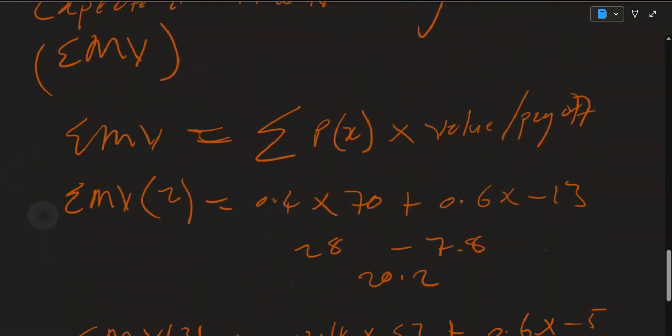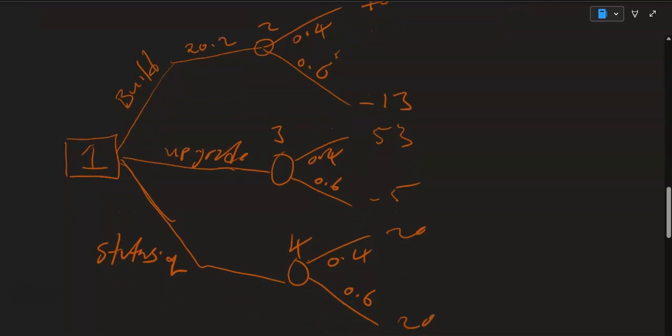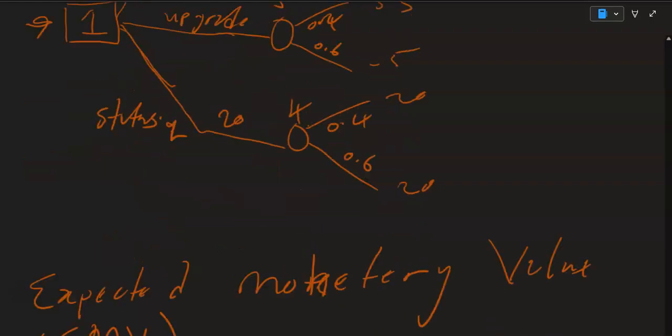So the result that we get, so this is EMV2. So on EMV2 we can write 20.2. On EMV3 we can say 18.2. On this one we say 20. So now these are feeding into the one decision. So 2, 3, and 4 are going to feed into this particular decision 1, where you are choosing between building, upgrading, and status quo. So you ask yourself, between 2, 3, and 4, which one is bigger? So you say